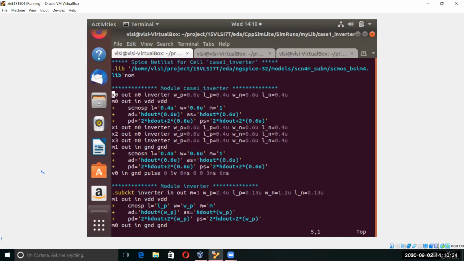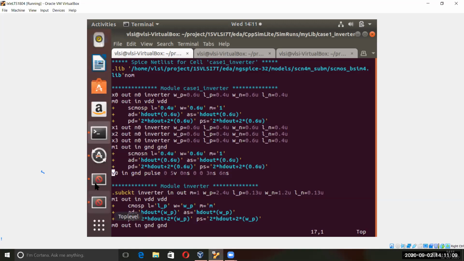Then you can see this is the auto-generated netlist, and these are the instances it has created, like the inverters X1, X2, X3, and X4. The manner in which they are connected in the circuit is the same manner in the netlist. Here we can see the length and the width are as per what we gave in the schematic, and here there's the pulse value. Okay, I'll show you the pulse here.